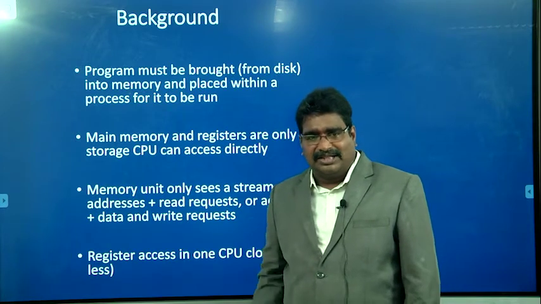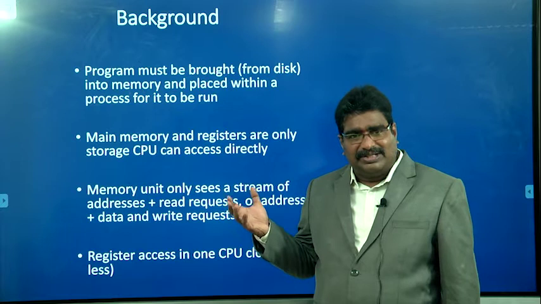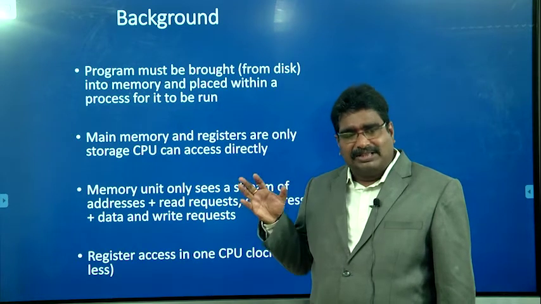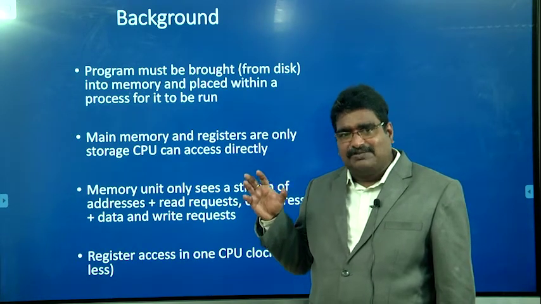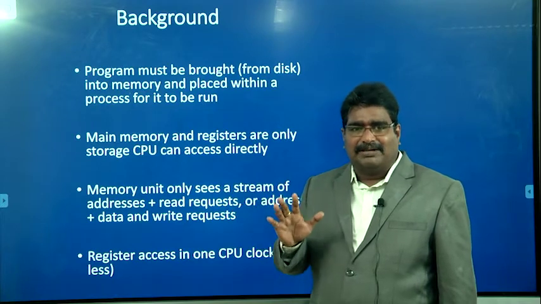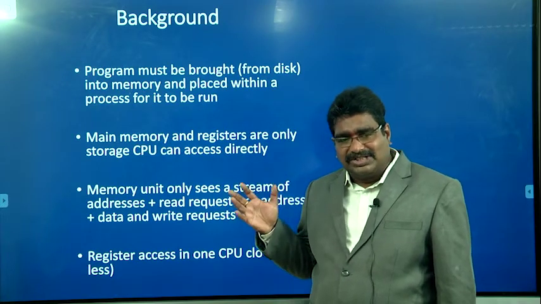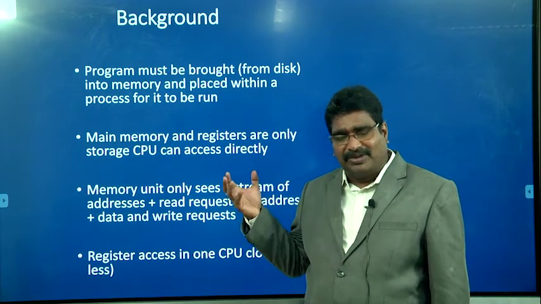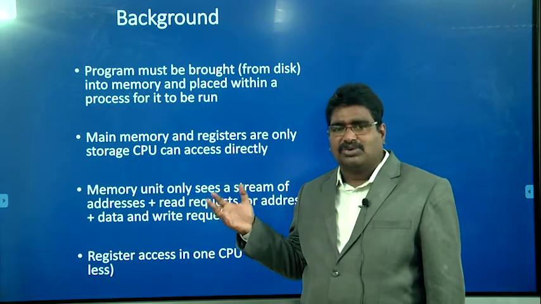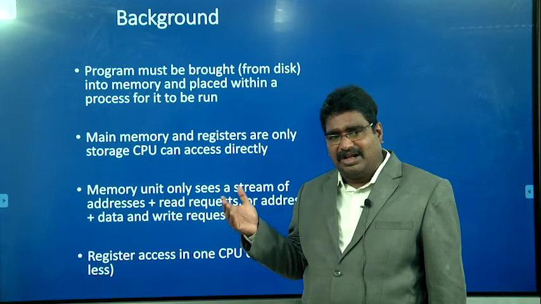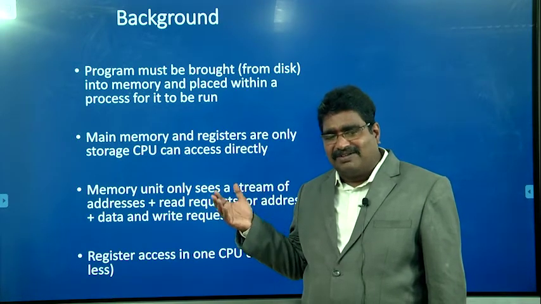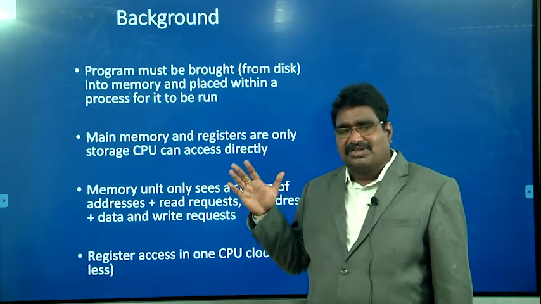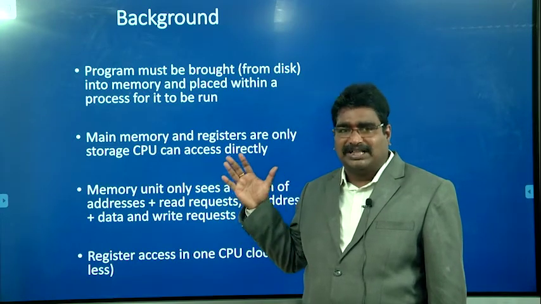Already we know that different memories are available. One is the registers. Every processor has a finite set of registers. The registers are the fastest accessible storage devices compared to any other memory locations. But what is the limitation of the registers? They are a finite set, so we can store only as much information as the number of registers available. In addition, they are volatile, that is, whenever the power is turned off, the information in the registers is lost. So these are the limitations of the registers, but the advantage is that they are the fastest accessible compared to any other memory locations.